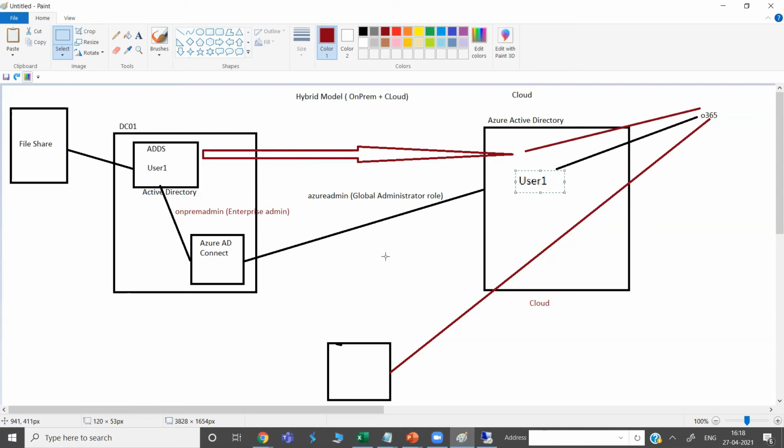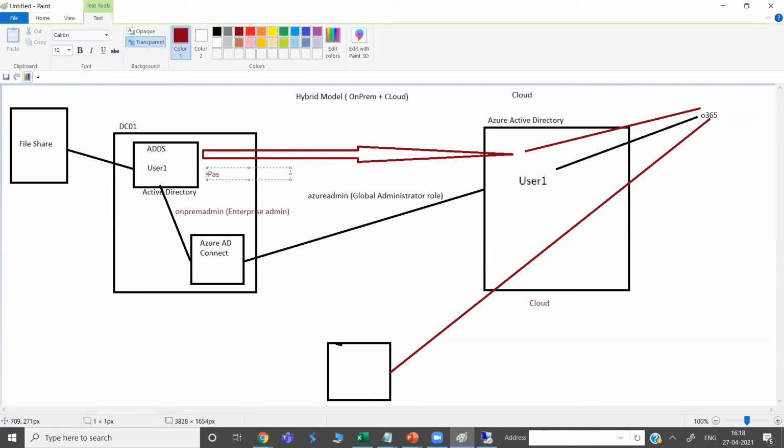So when user one moves, along with that, the password is changed in the form of a hash. Let's say this is the hash here.